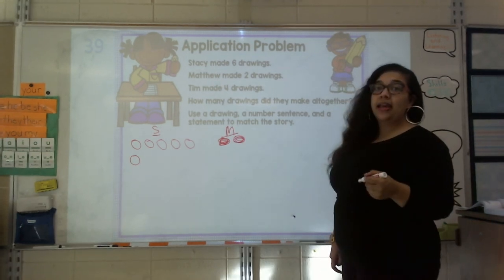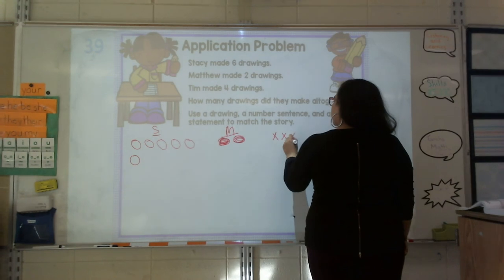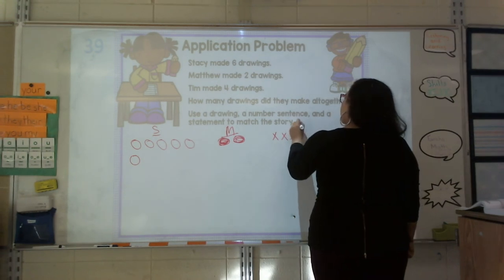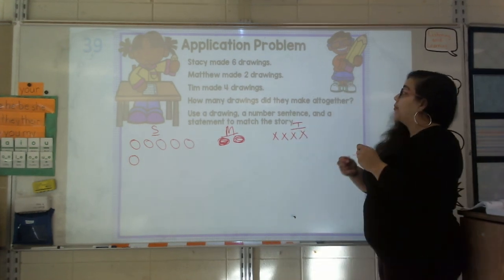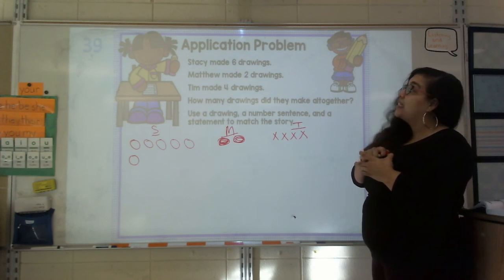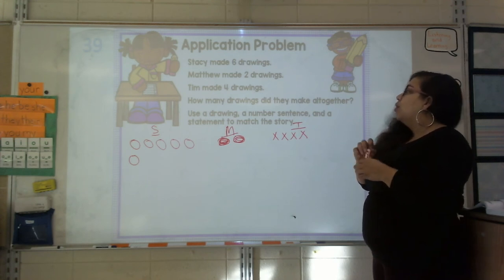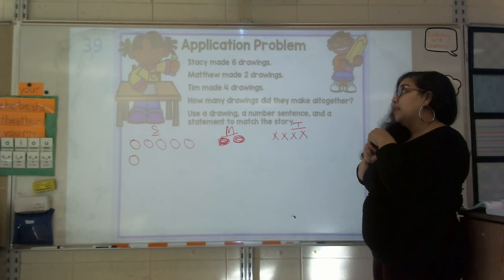And Tim made 4 drawings, okay? 1, 2, 3, 4. Those are for Tim. The question asked, the actual question, the sentence that tells us what we're finding out, how many drawings did they make all together? Well, let's write a number sentence